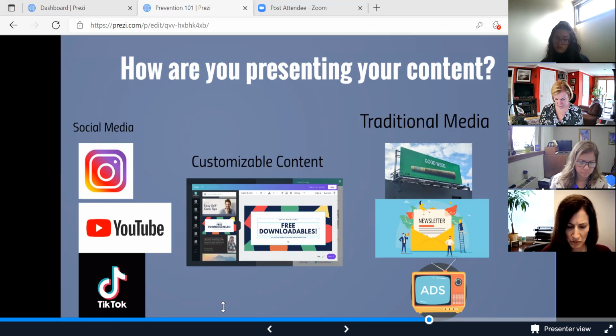How are you going to get that message out there? Do you have people who are able to present that kind of information, who know how to use these different platforms and get the most effective information out there? Do you have customizable content? Things such as Canva have different abilities to present your information by making your own customizable content, whether that be by using your coalition's logo and getting that out there, presenting customizable things that you can present on your different platforms, as well as different ways of delivering your information.